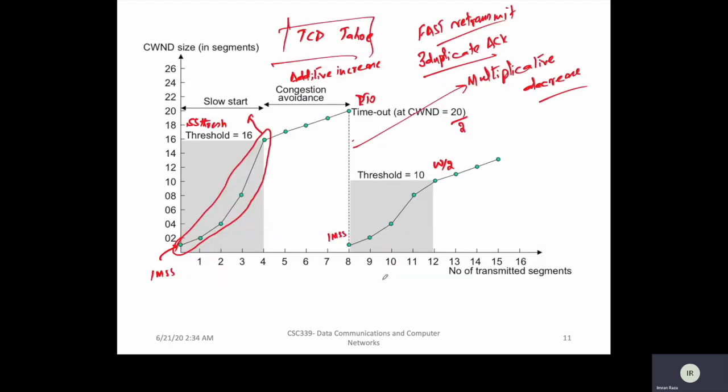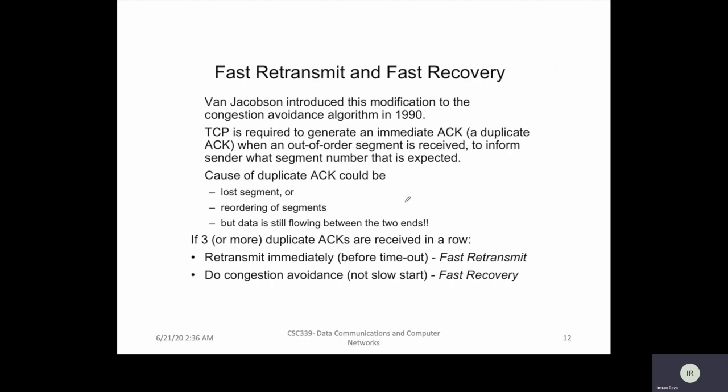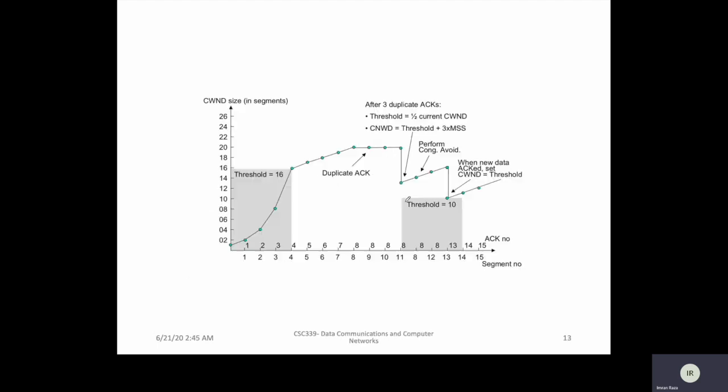So this means we will not go back to 1 again, where the congestion window size is 1 maximum segment size, and then again increase it exponentially, right? So we will not go into this slow start phase, and we'll try to do a catch up, right? We will try to increase the congestion window size so that we can efficiently utilize the network bandwidth. And this was proposed in a variant of TCP known as TCP Reno. The picture that we have in front of us is representing TCP Reno. Okay, so in TCP Reno,